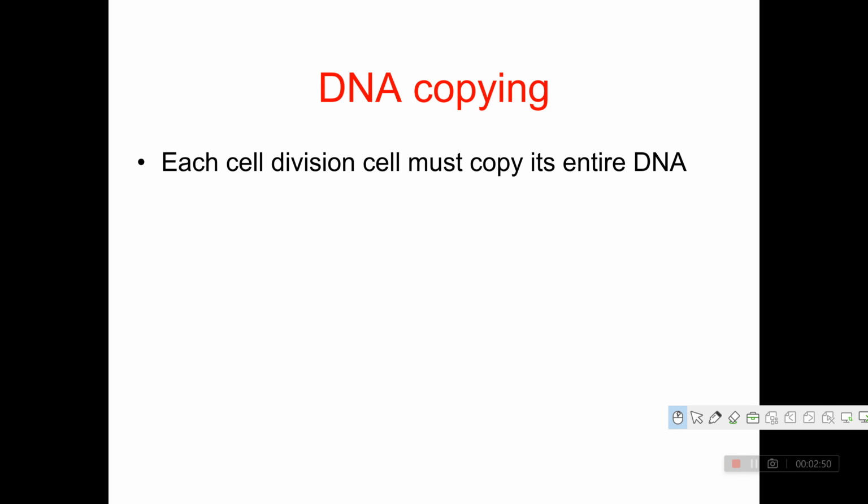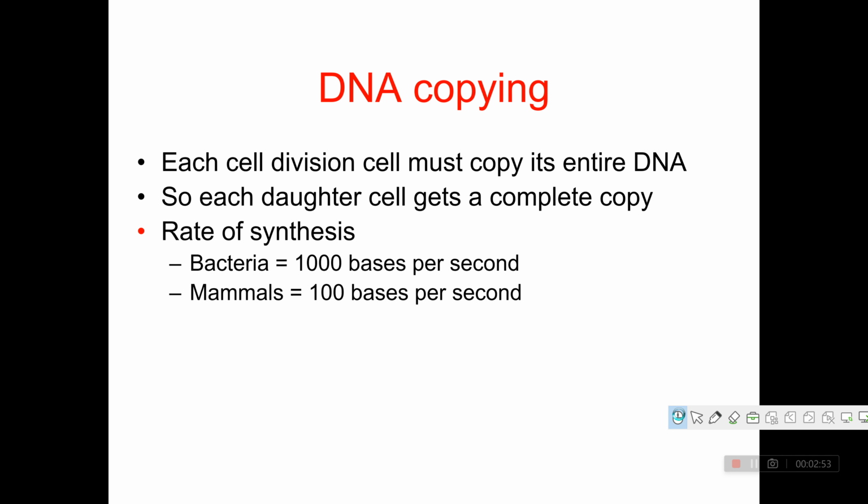So first, what is DNA copy? We already know replication means copy of the DNA. So how would the copy of the DNA take place, where will it take place and how can it take place? Here we study all these things. In each cell division, the cell must copy its entire DNA. What happens in cell division? Suppose this is a cell. This is the nucleus of the cell. This nucleus contains genetic material, and this is the cytoplasm where all organelles are present, right?